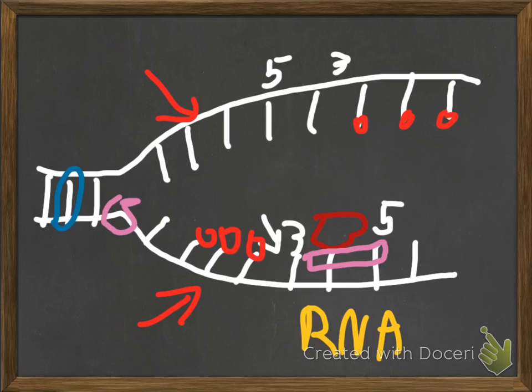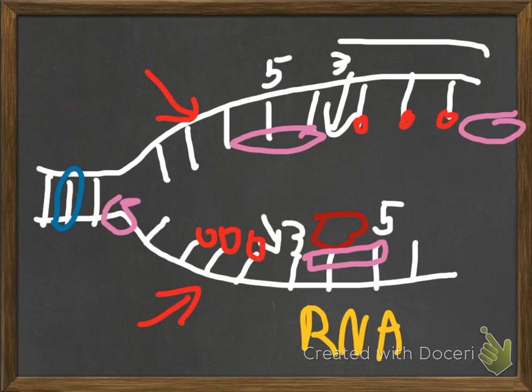Because this leading strand is going to be able to continuously create more DNA without having to slow down. But on this lagging strand, what you're going to see is they're going to be built on this side of the primer, creating an Okazaki, sorry if I butchered that name, fragment, which is the segment that's